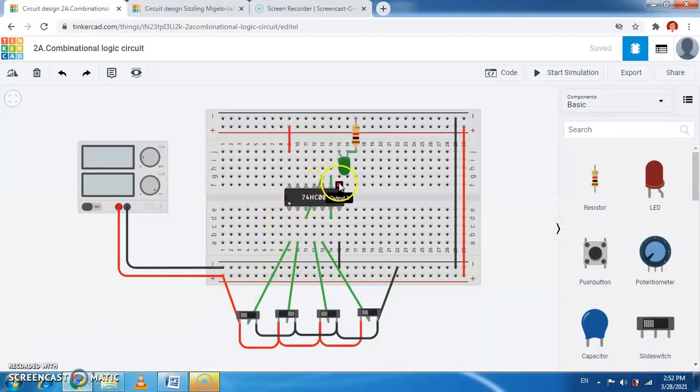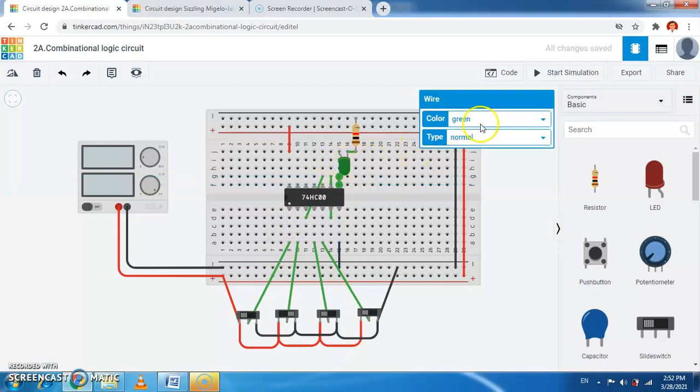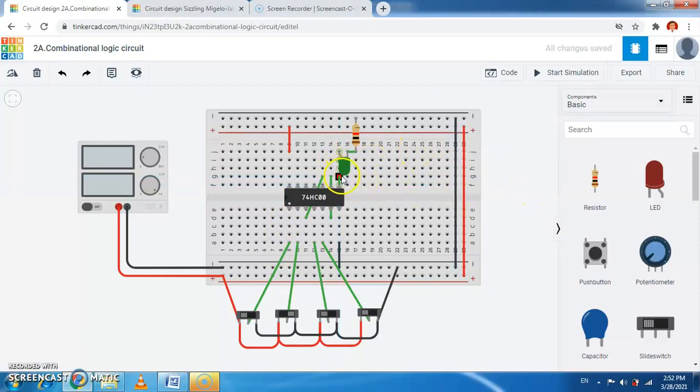So this is pin number 8, that is the output, which will be connected to this, which is already connected there, so they are interconnected to each other. This is connected to cathode, and the anode connected to anode, and cathode is connected through a resistor to the ground. So in this way the circuit will be completed here. This is the output here. Now we can start the simulation here.